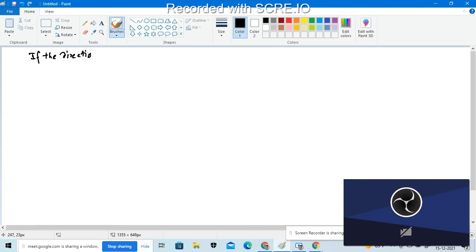If the direction is counterclockwise, what will be my net magnetic field? My net magnetic field is defined as, suppose, B net(t) equals